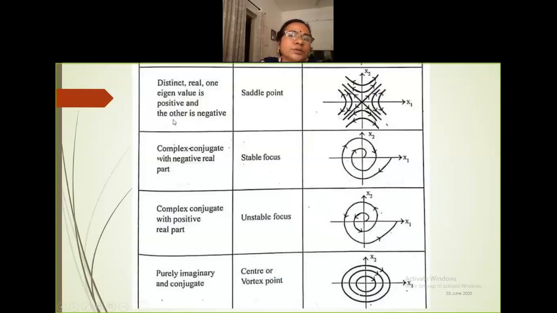Now you see this one is positive and the other negative. Then what you need to do is draw both the diagonals. Then all the trajectories concentrate towards that diagonal. You can see this diagonal you have drawn. Then all the nearby trajectories come near this one. You can draw like this. Getting it? Then the arrow you see is pointing away.